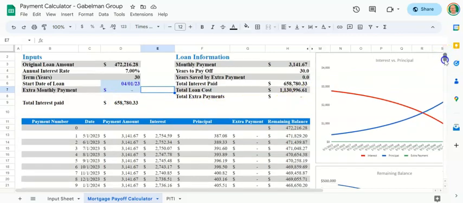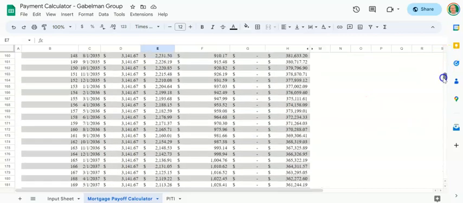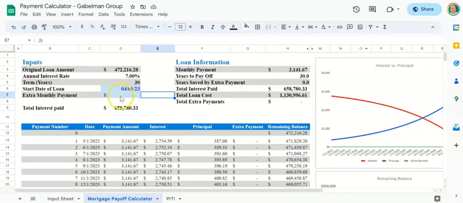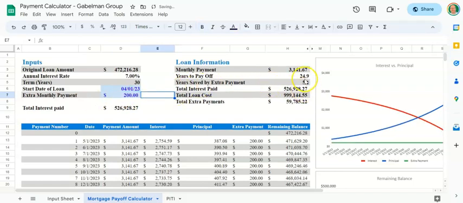And if you really want to geek out, the full amortization table is there. You can see how things work. Let's say I decide I want to make an extra monthly payment of $200 a month. What would that look like? Well, it would take my 30-year mortgage down to 25 years. So it saved me a little over 5 years, lowered the interest paid, and